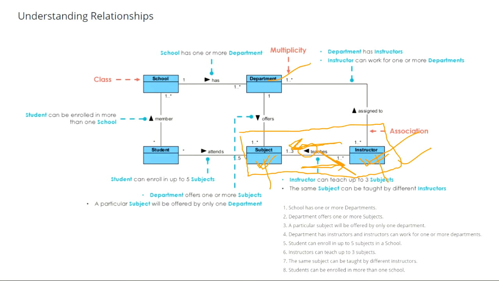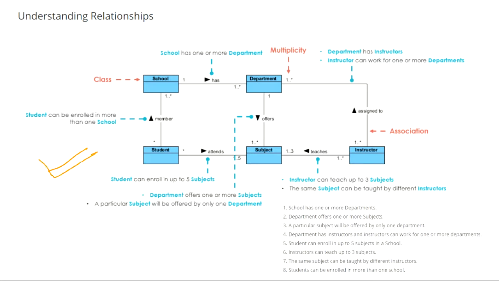Yes. Okay. So this diagram should make it very clear to you all regarding all the associations and multiplicities. Don't just keep one thing in mind. If it is not necessary in the question, don't make this arrow. If it's given explicitly in the question that school has departments, but it's not given that a department is linked to school directly, it will come from reading. So you don't have to explicitly make this arrow. This arrow should be there if it's making your work easier, not too complicated. Fine.